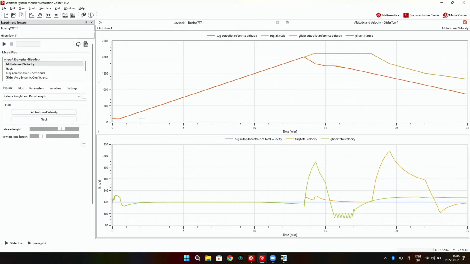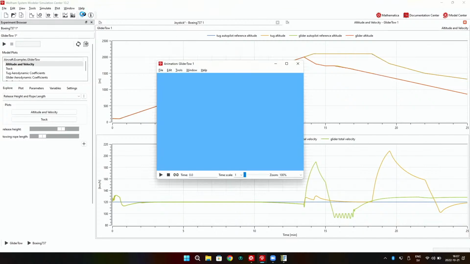What you see is different curves showing the behavior. If I would explain what's happening here, you see both aircraft are gaining altitude, up to 2,000 meters. That would be 6,000 feet, something like that. So they're towing it upwards, and then here is where it's released, and then you see that this one is the glider, takes one path, and the electrical continues on another. That's very cool. It makes it really easy to understand and visualize in multiple different formats.